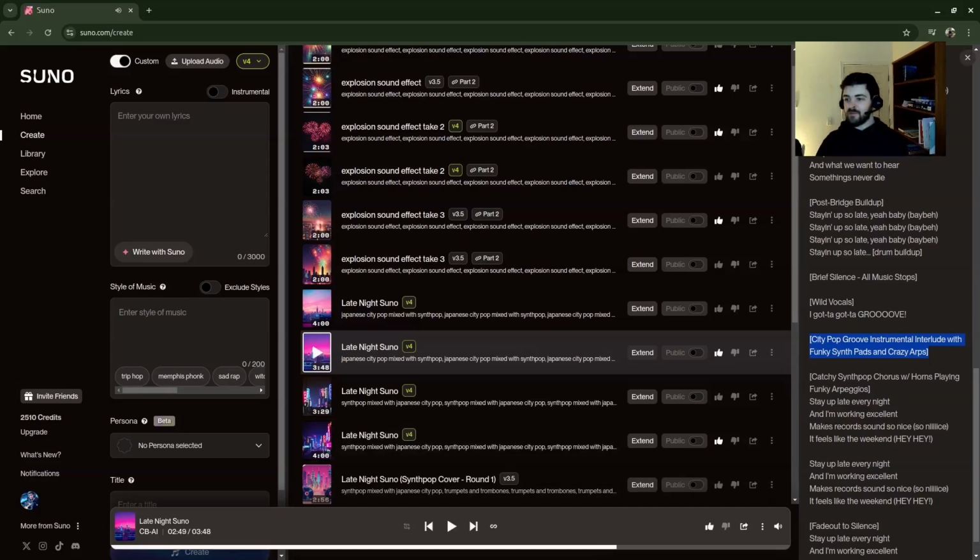Okay, that was awesome. You probably noticed that here it does build up. It does add a little bit more energy as you're getting through. Then it does do a little drum build up. It does have a brief kind of break into the music like that. He does shout, I gotta groove, with a woo like that. So that wild vocals did work there.